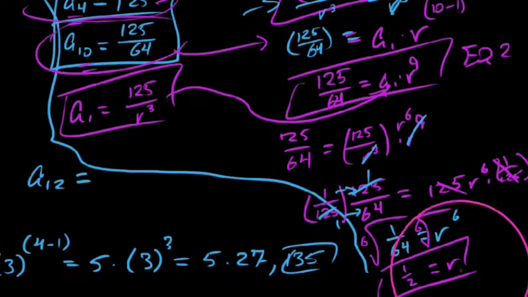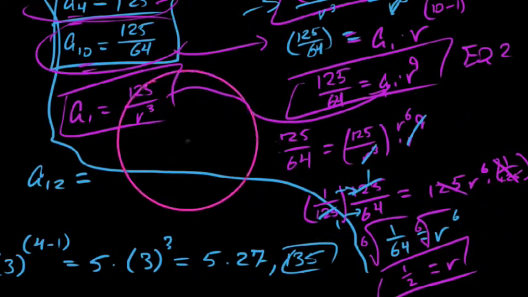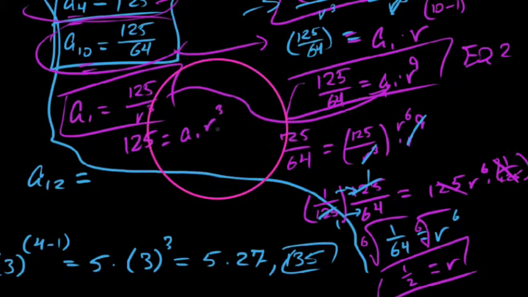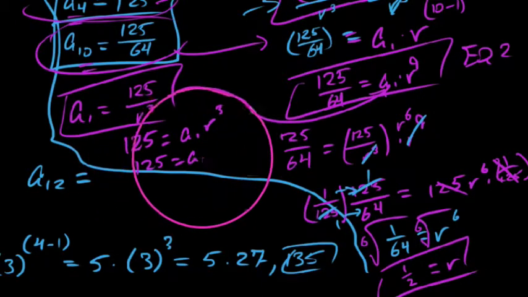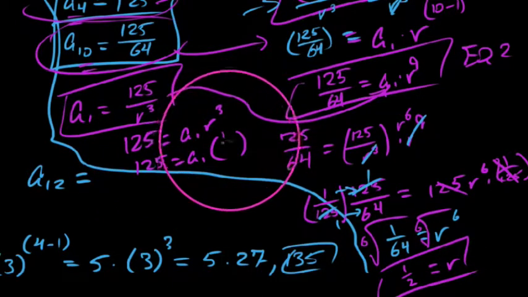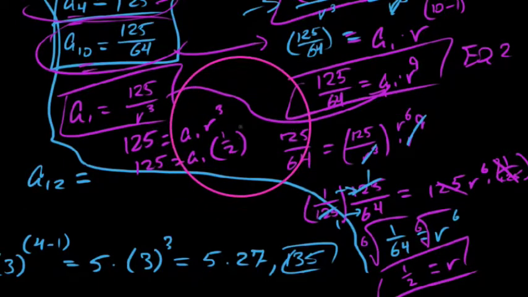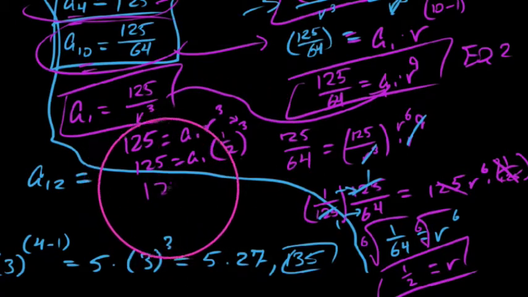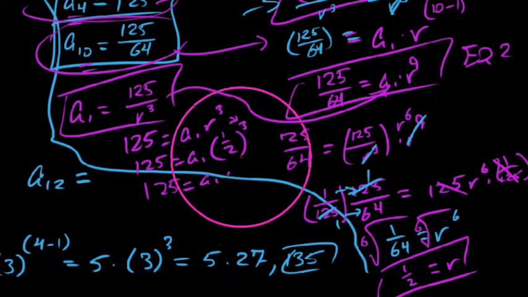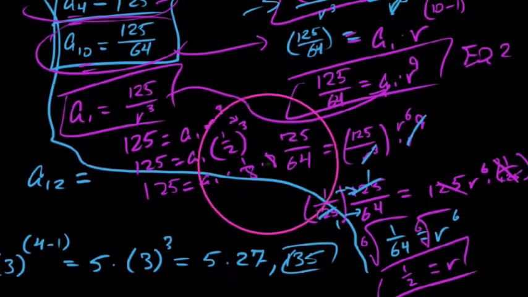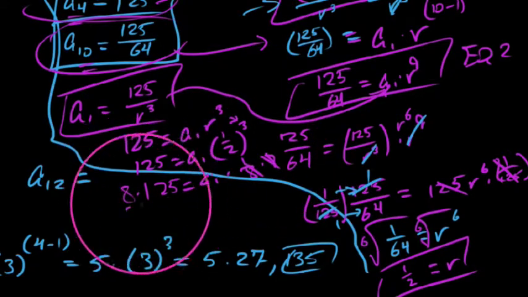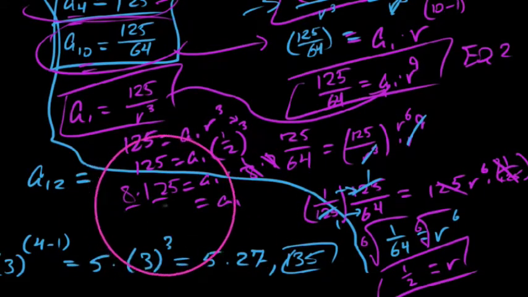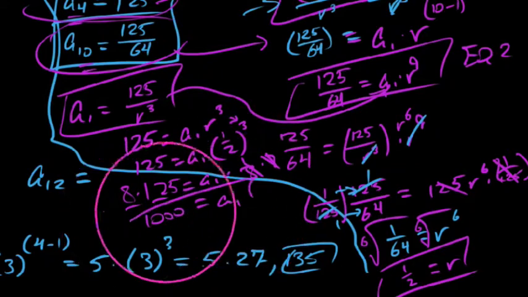So now I have r. The idea is when you're solving a system, go plug this back into the original equation, which, by the way, was 125 equals a1 r to the 3rd power. If we plug this back in, we're going to solve for a1, where we already know r is 1/2, and this is to the 3rd power. So when you take this to the 3rd power, we get 125 equals a1 times 1/8. Multiplying both sides by the reciprocal of this, take it times 8. You would get 800 plus another 200, which would be 1,000. Oh my goodness. So we're starting a1 as 1,000.